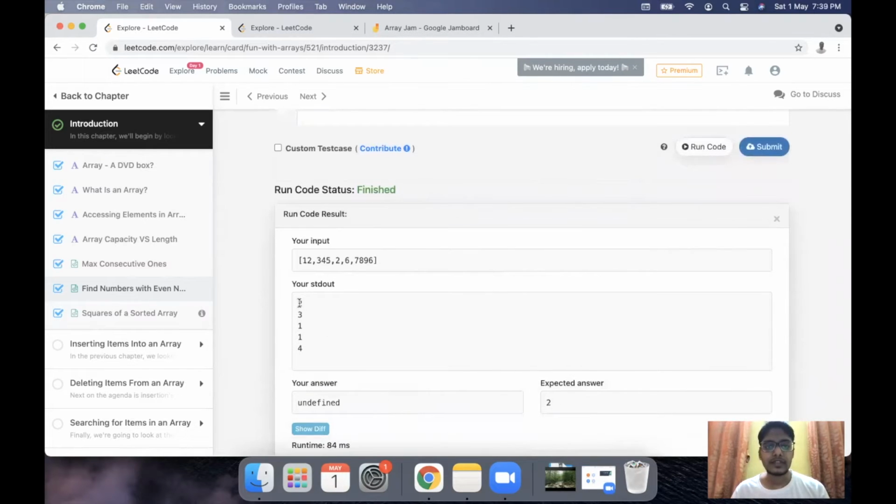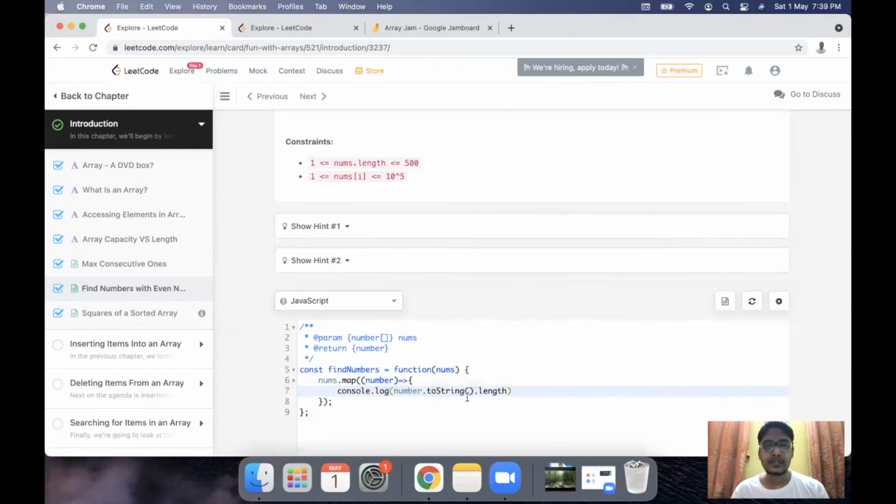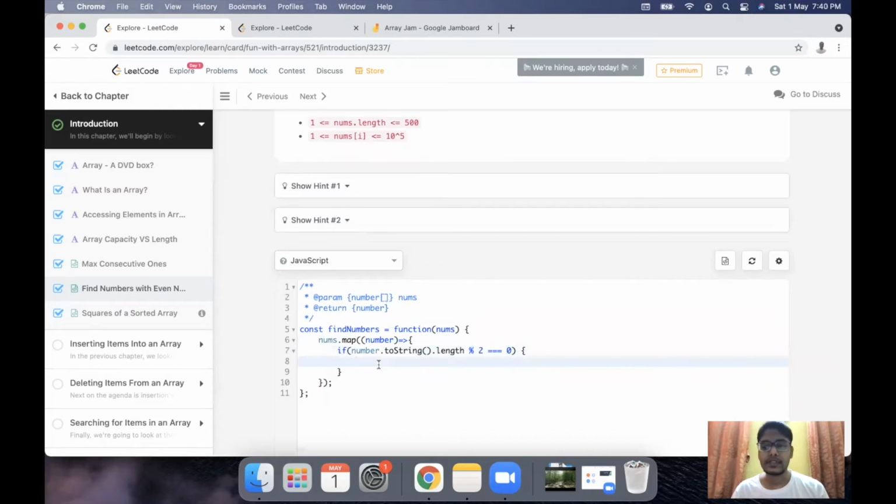And as you can see, I have the length of these numbers, like 12 has a length 2, 345 has 3, 2, 6, and so I have this length of each of these numbers. Now what we can do is a mod operation on the length of these numbers using mod 2. And if this value is equal to 0, then we can say that this number is even, right? So if this mod operation returns a remainder of 0, then we can successfully say that this